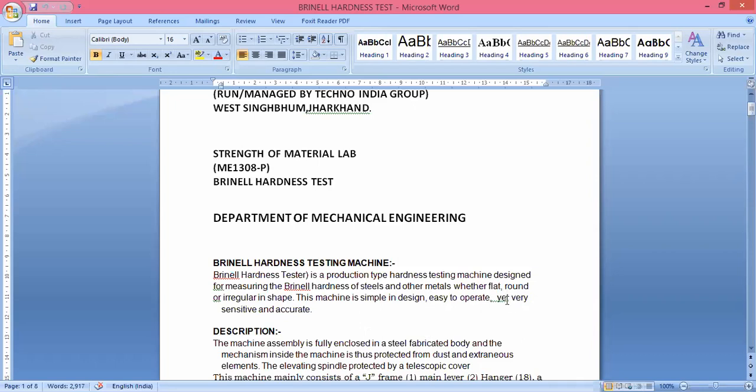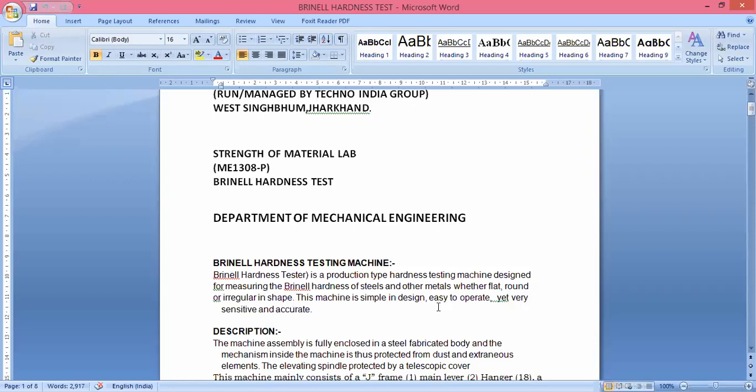For round material, I've shown you one device over which you can place it by removing the platform and placing this fixture in the cavity itself. Irregular shaped items can also be checked for hardness, but there should be certain flat surfaces over the irregular shape where we can engage the indenter.